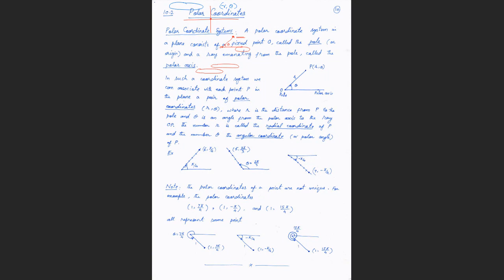So this is a basic introduction of polar coordinates: in any graphical representation, the line or the distance is called the radius, and the angle between the rays is called the angle. For example, if the polar representation is 6 and pi by 4, pi by 4 means 45. So this angle is 45, or pi by 4.